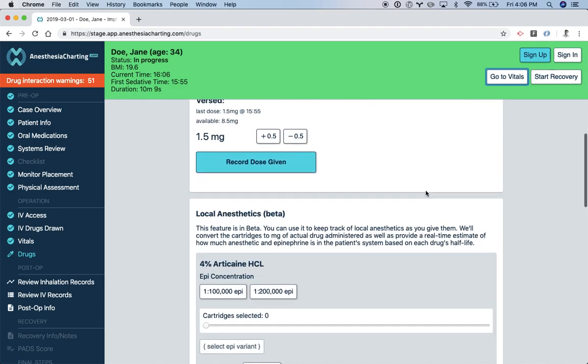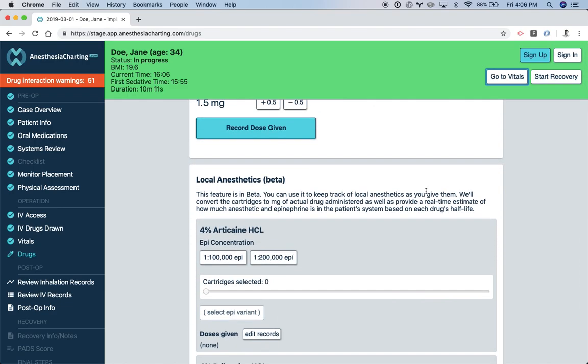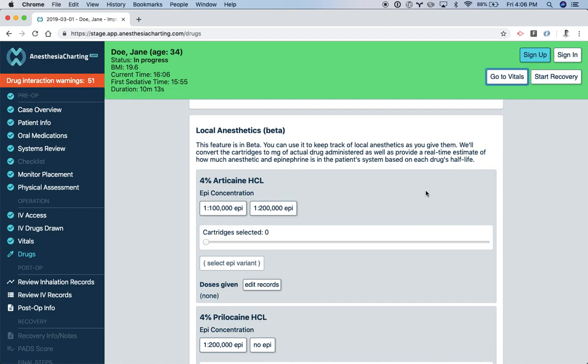So you have the actual state that you're storing, for example, the doses of drugs that have been administered, and then you have things that you can derive or infer about that information. For example, a lot of local anesthetics are given in cartridges, so they track them in cartridges, but depending on the percentage concentration in that cartridge, that determines how many milligrams of actual drug are given. But with the input of just cartridges selected, we can actually pick, and also one other